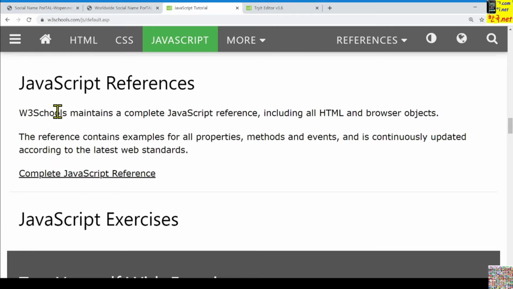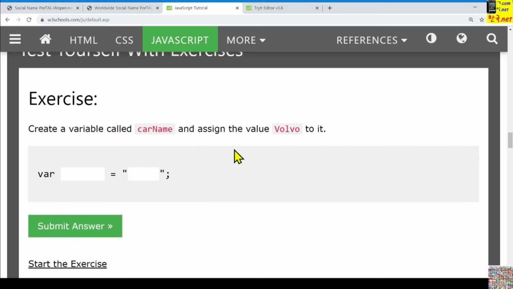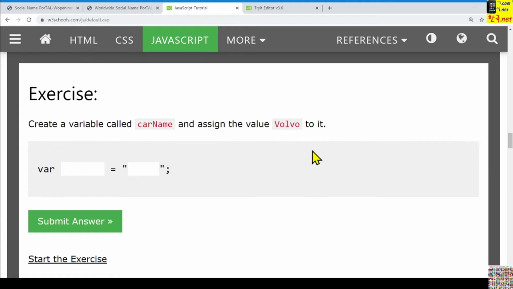Okay, this one is showing some references about JavaScript, and you can refer to these references. And also this one is providing many exercises as we used already in the previous HTML tutorial as well as the CSS tutorial. Same here, but JavaScript. You can try to understand JavaScript better.